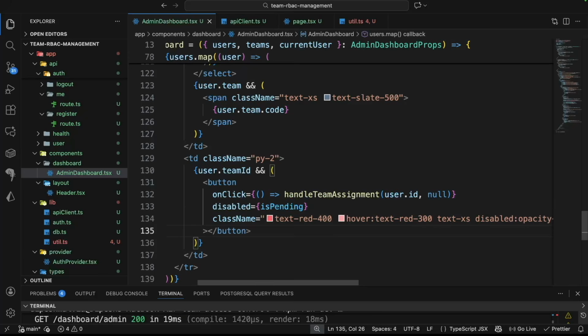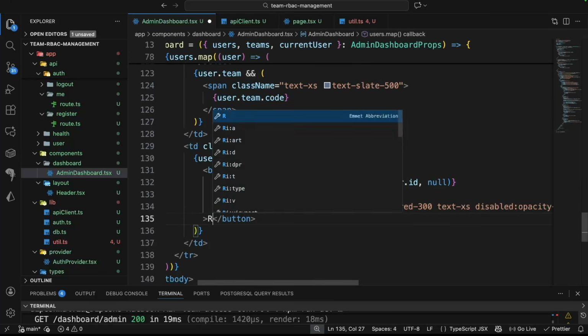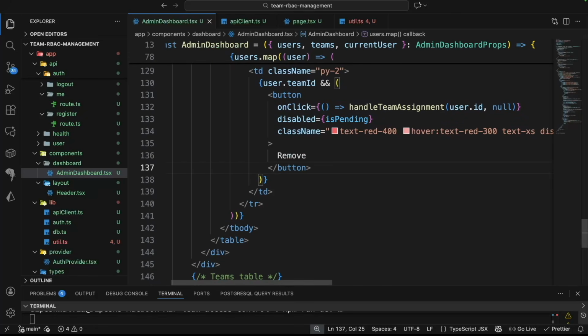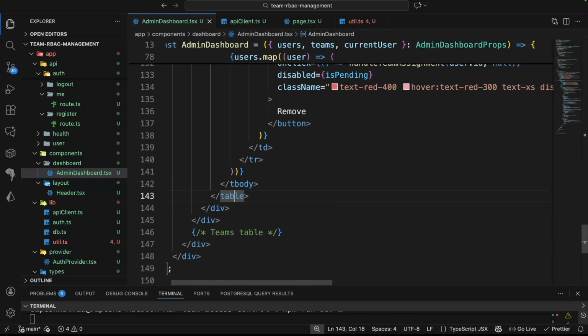All right, and we need to give some label or a name to the button. So I'm going to have a remove as the button name. Okay, so we have the TD done, then we have the TR, and the table is complete. All right, after that we have these divs, and then we can just have the same thing for the teams